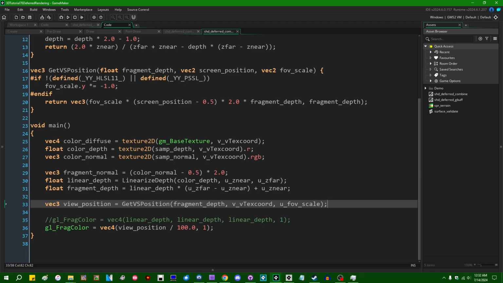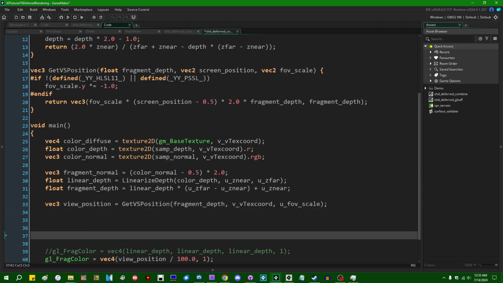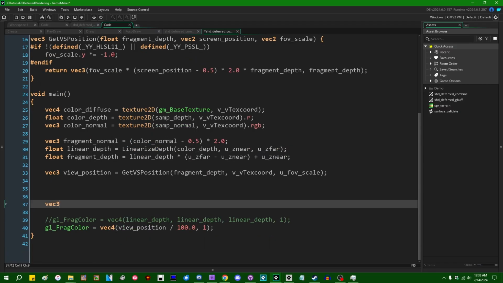I'm also going to just, for the sake of time, hard code certain values into my shader. The only things I'm not going to hard code into the shader, I think, are going to be the directional light's direction and the point light's position in space, because those are the values that we're going to have to transform in GML into view space. So let's start with the directional light. So how does this go? This usually is going to go something like, let's say vec3